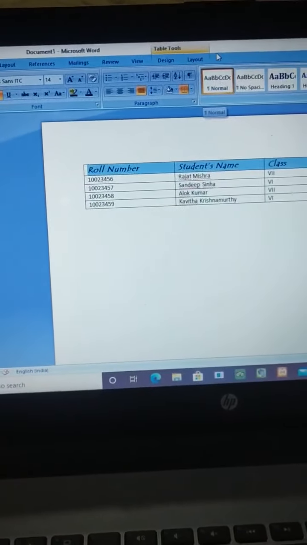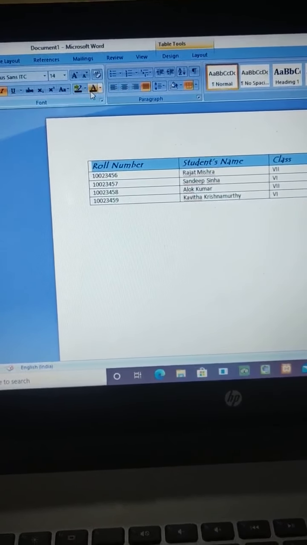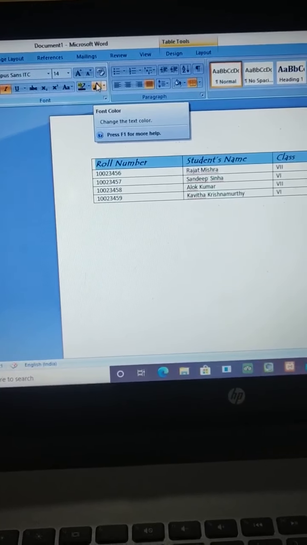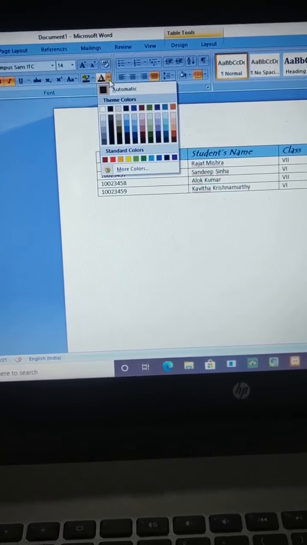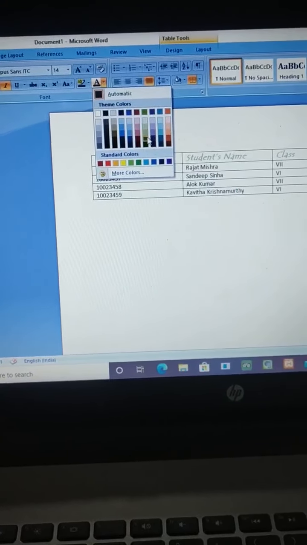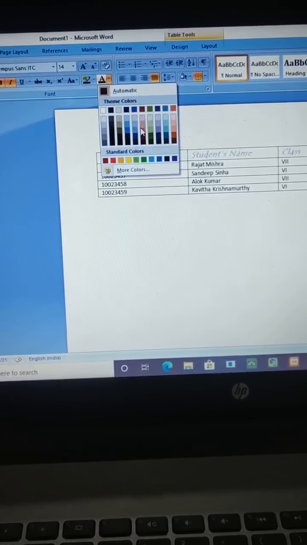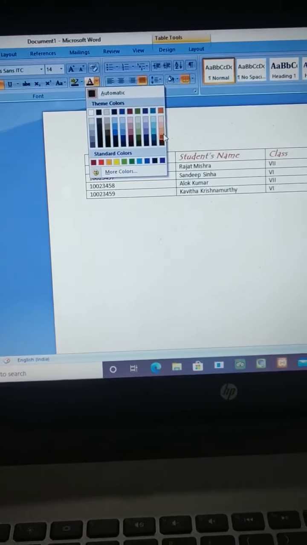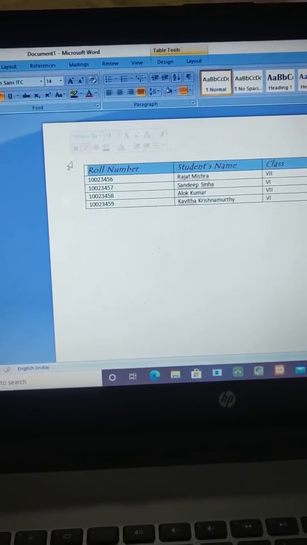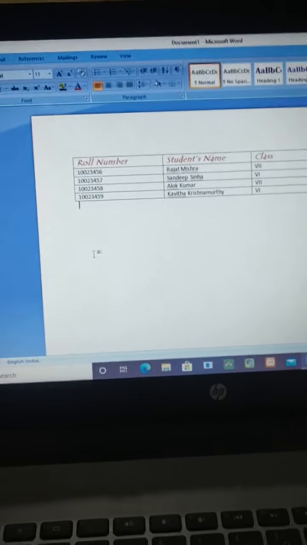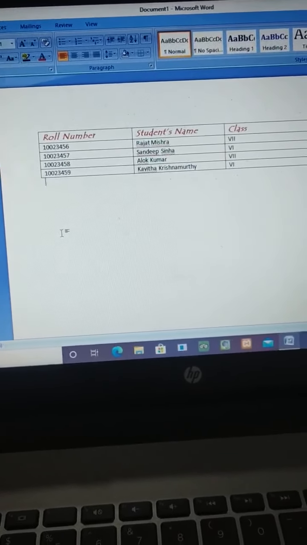Okay, then there are many options. Look here, there is color. You can give color. If you want to give color to the letters, just select this A option, and when we click this arrow, we can see different colors and we can select any color from that. These are not shown in your textbook, I think. I'm just showing the options. Look, any color we can select. Understood? And if you want to see that, just click outside. Put this cursor outside and just click, and that style we can see. Is it clear to you?